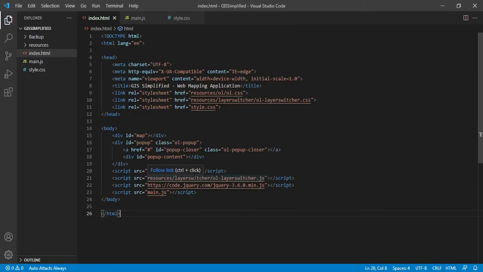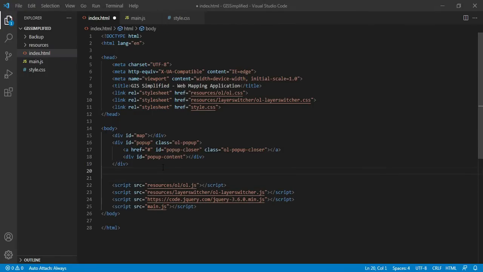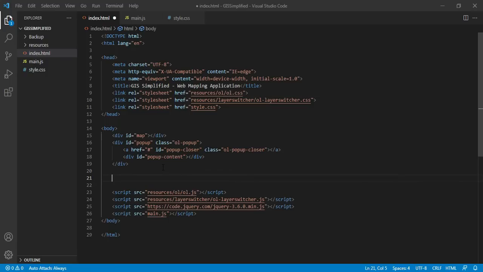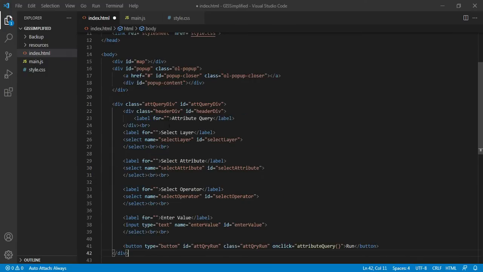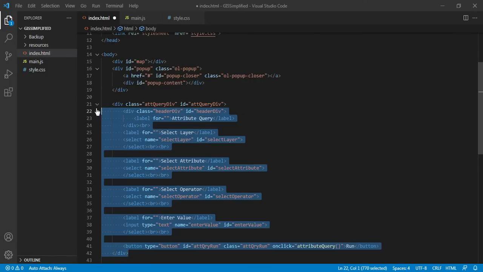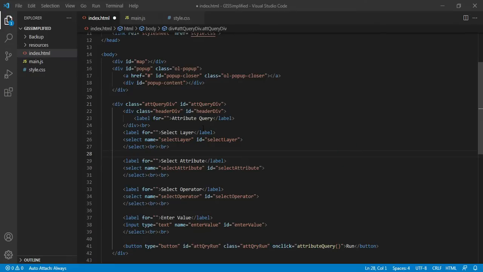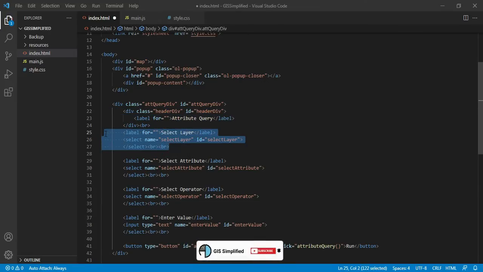Here we will add some of the components to show the query dialog box. So let me add code for that. So I am adding code here. You can see I have added a couple of div elements, drop box elements, input box elements and a run button. So this is the container which contains all the elements, and this is the header part where I am mentioning it is the attribute query dialog box.